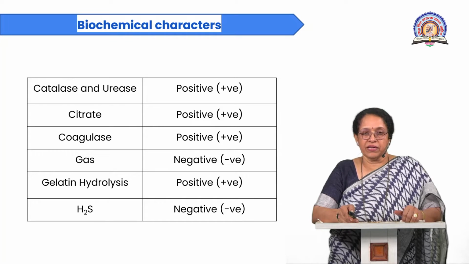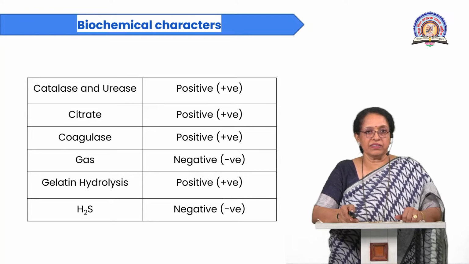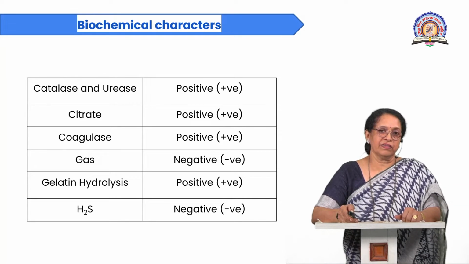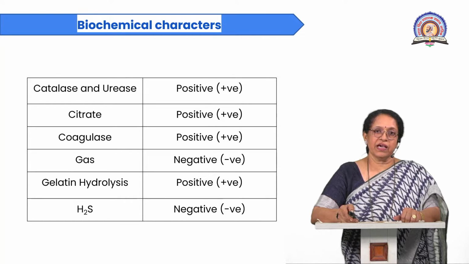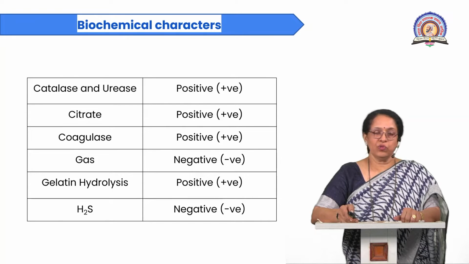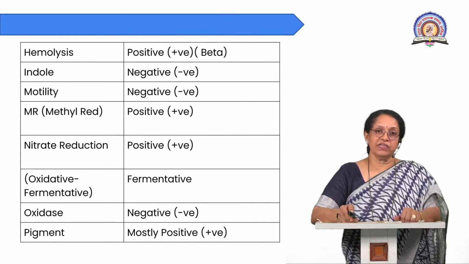Some other biochemical characteristics of the organism. This organism produces one enzyme called catalase. The second one is urease. They can utilize citrate as a sole source of carbon. Staphylococcus aureus only produces coagulase, while others are negative for that. They are unable to produce gas when they grow on sugars. They can hydrolyze gelatin. There is no H2S production by the microorganism, but it is included in the biochemical